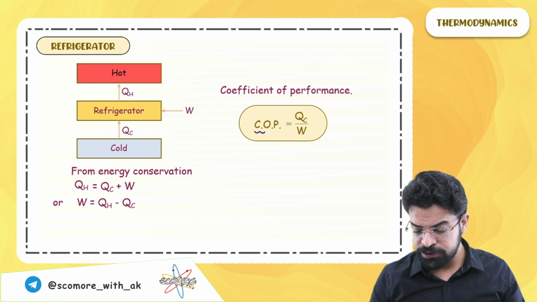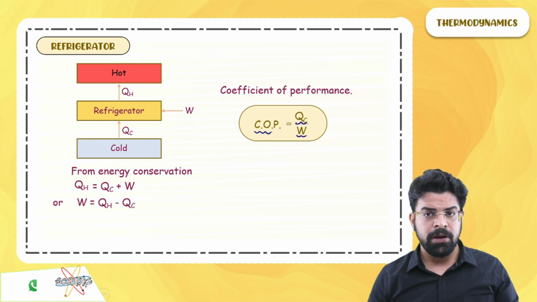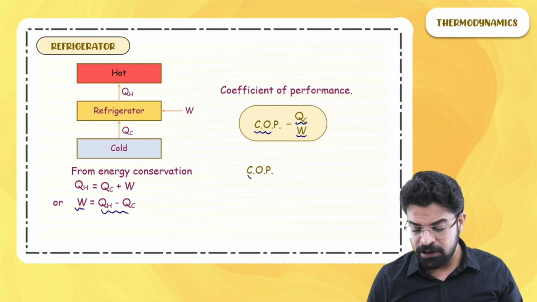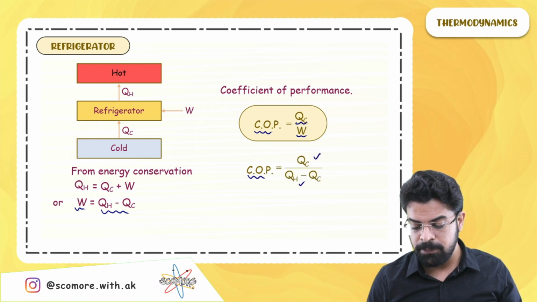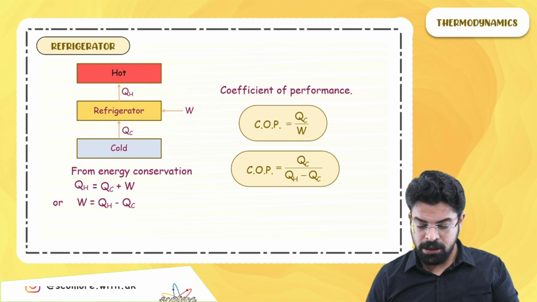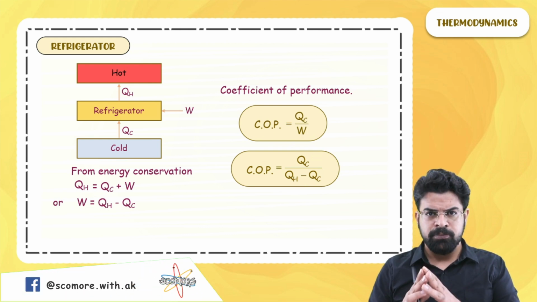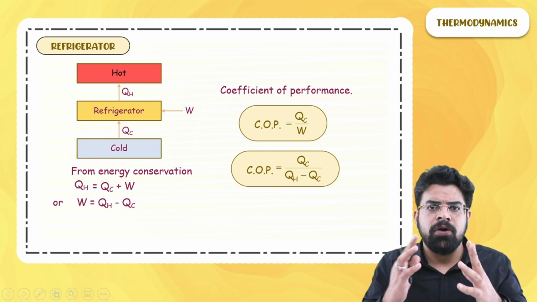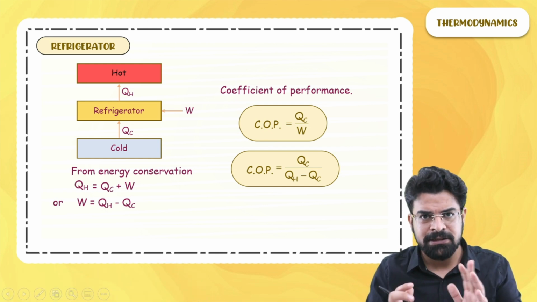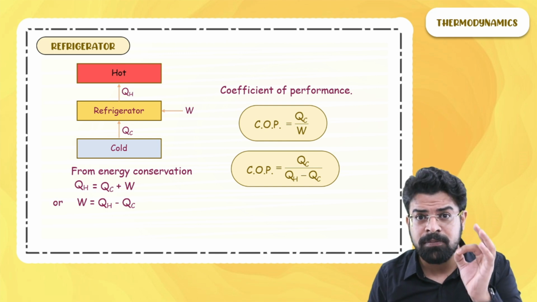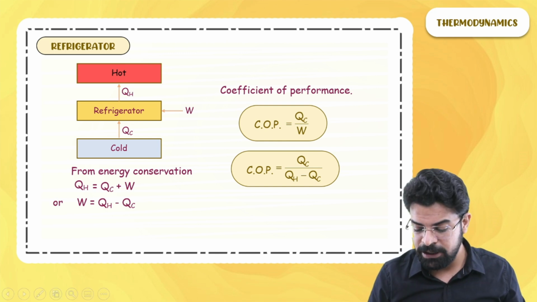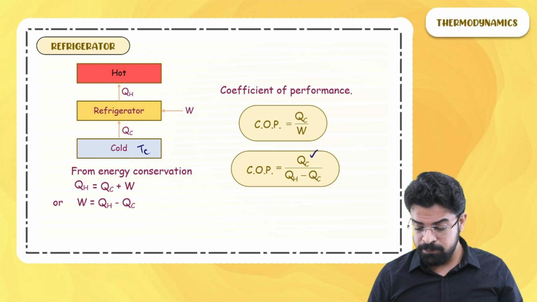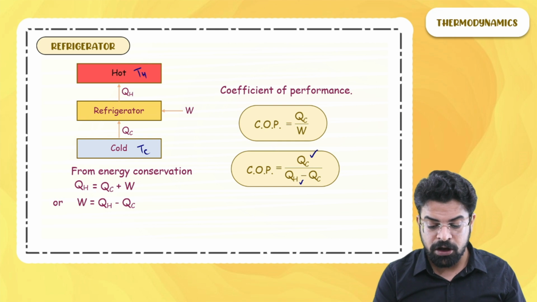So now coefficient of performance equals QC by W. In place of work done, you can write QH minus QC. So we can write coefficient of performance equals QC upon QH minus QC. Now beta, sometimes they will say a refrigerator is defined on the guidelines of a Carnot engine. When they say this, they want you to talk in terms of temperature rather than heat. So beta, in place of QC, write temperature of the cold object. In place of QH, write temperature of the hot object.